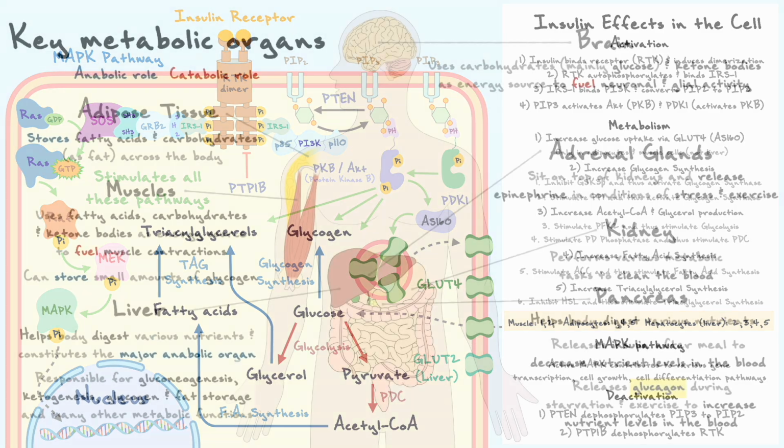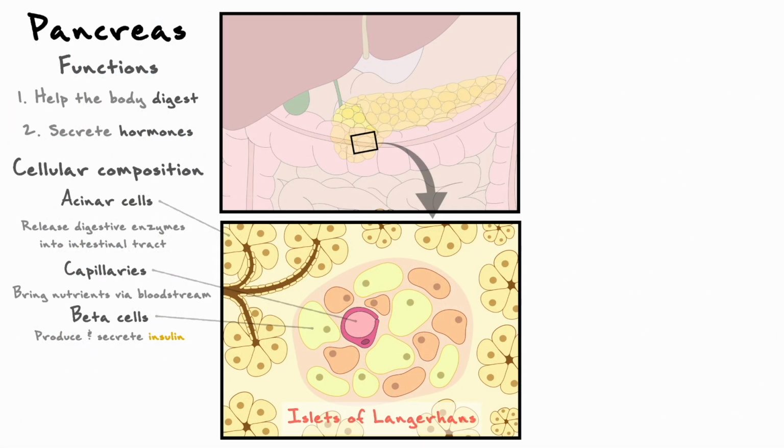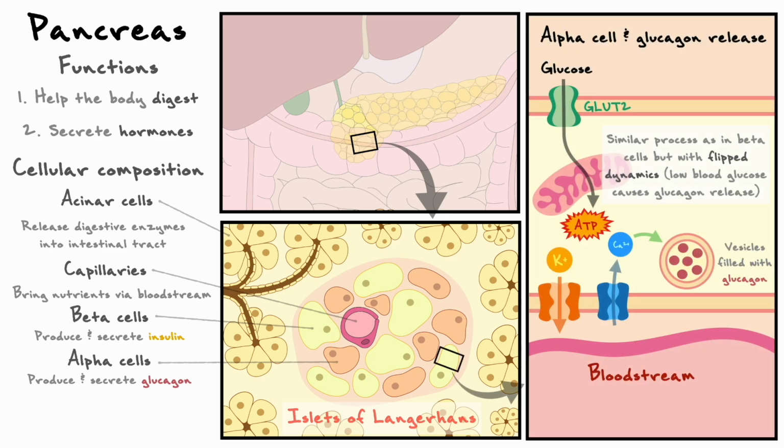Now back to this diagram, let's now explore the effects of glucagon by considering the pancreas again. Glucagon, just like insulin, is a peptide hormone produced in the islets of Langerhans, but instead of being produced in beta cells, glucagon actually gets manufactured in alpha cells. The main physiological signals that promote glucagon release are low levels of glucose in the blood, also known as hypoglycemia,